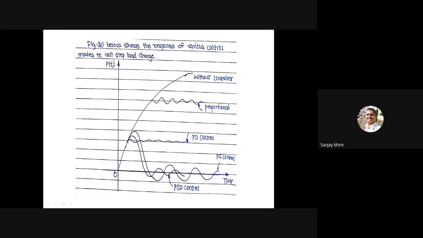Here the PID controller is the combination of proportional, integral, derivative controller, and here the PI controller, here only the PD controller, and here only the proportional controller, and this line indicates without controller. This line means there is no controller. And here the proportional controller, PD controller and PI controller. Okay, so